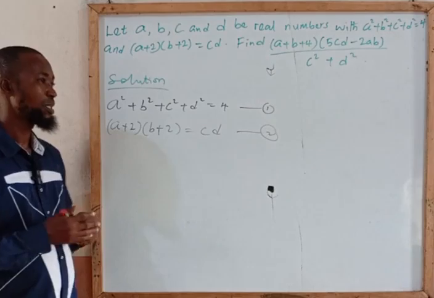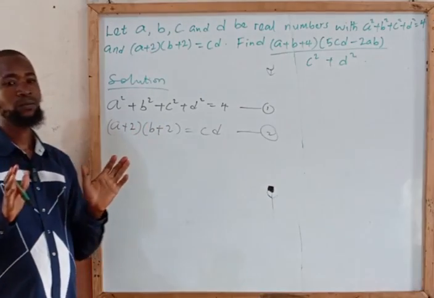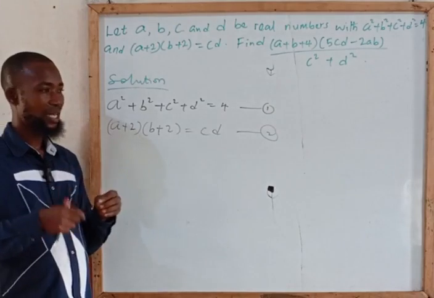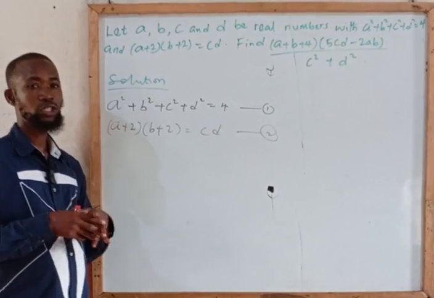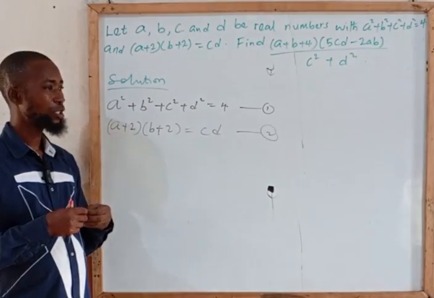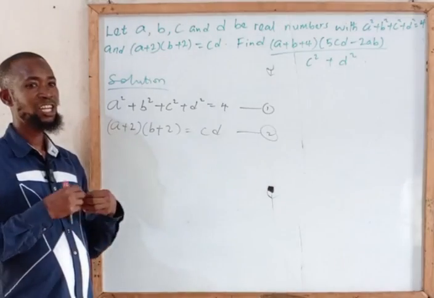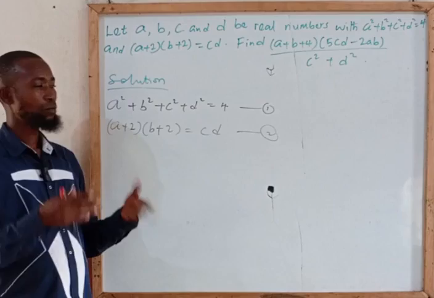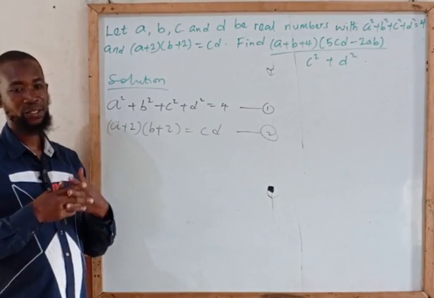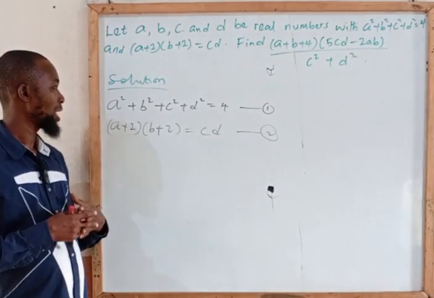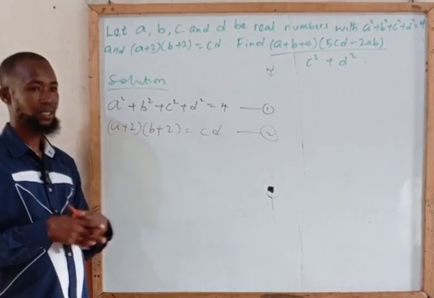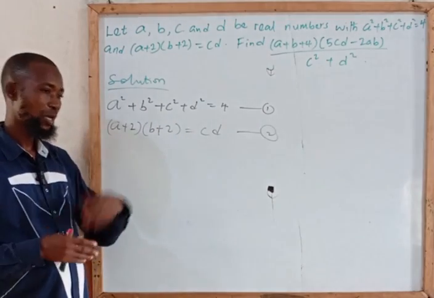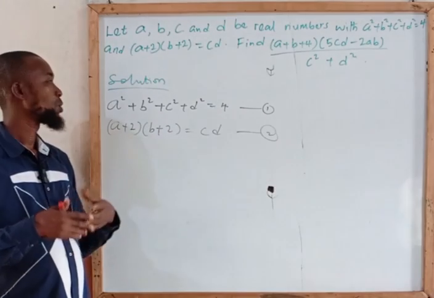One other thing: if identity is to be applied, what will happen to these two equations is that we want to combine them. After that combination, it must be something related to a known identity. So from that, we will be able to determine the value of A, B, C, and D. So all I want to do now is combine this and this. And when we check the list of identities we have, based on the square identity or the cubic identity, we realize that